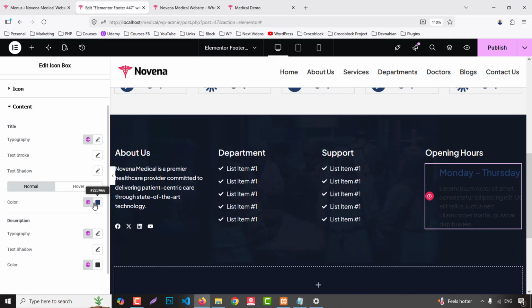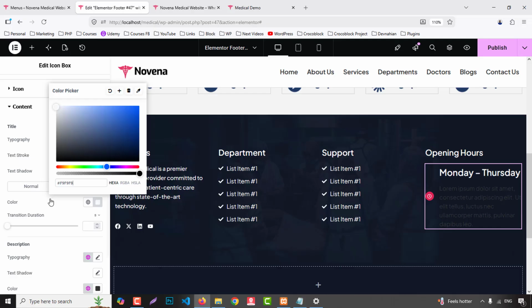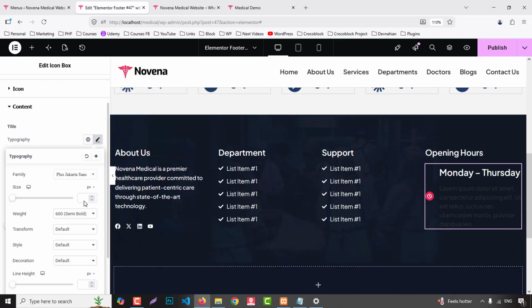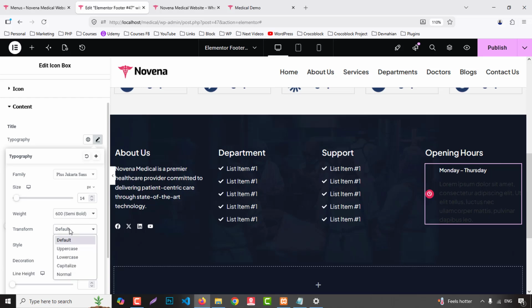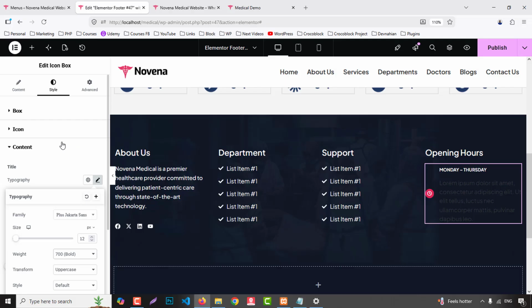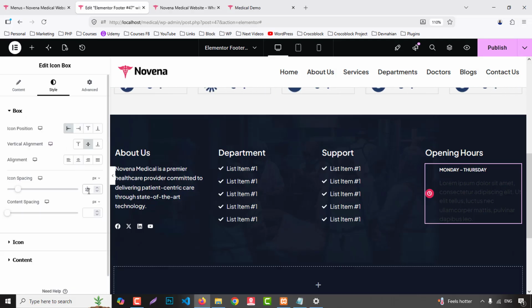Then we have title, we can change color to white color, and hover change color to white color. Okay, then here we can choose font size like 15 pixel and text transform uppercase. Okay, and we can choose like 12 pixel and font weight like 700. Okay, and from box we can icon position 10, and here we can just 5,